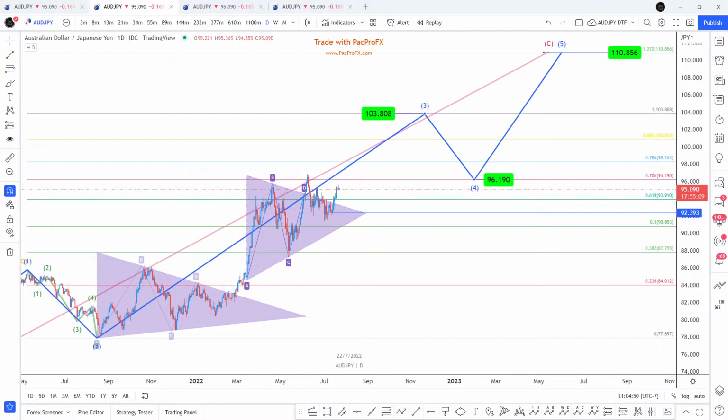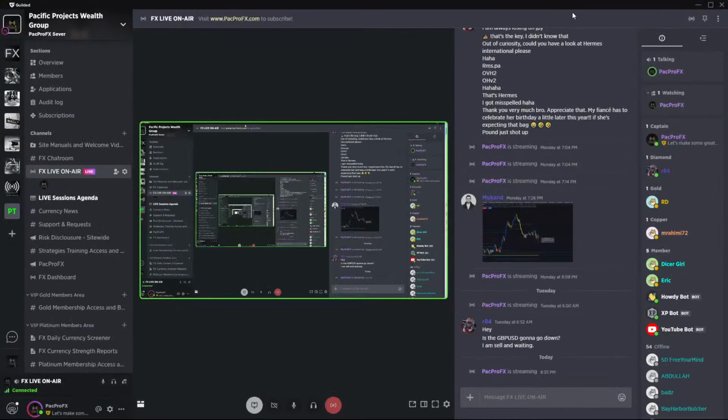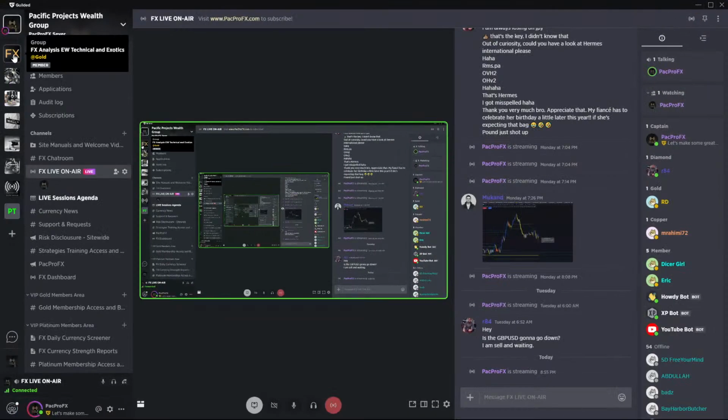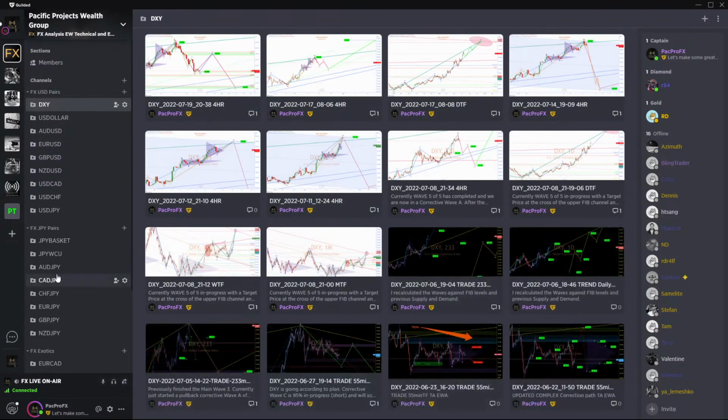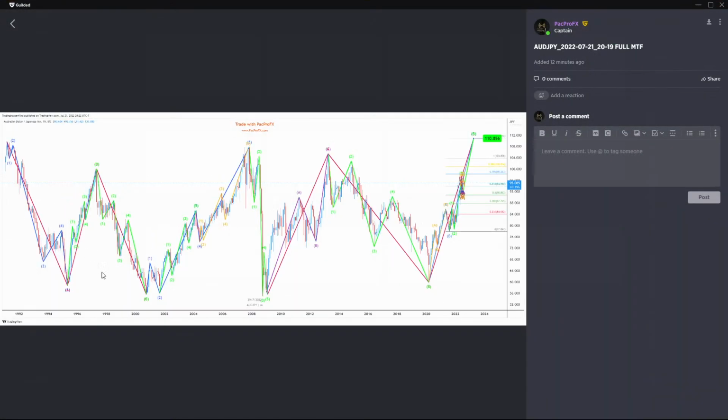But if you want access to all these detailed charts, I'll show you what it looks like. Here's my Gilded server, and on the, for example, FX part, what I just updated was the Australian JPY. In here, you would see the monthly. I have a full monthly time frame, so this is from like day one, and it gives you all the Elliott waves, so you can actually learn as well about the Elliott wave formation on a monthly. So this will help here. It gives you kind of the monthly target where to go to,